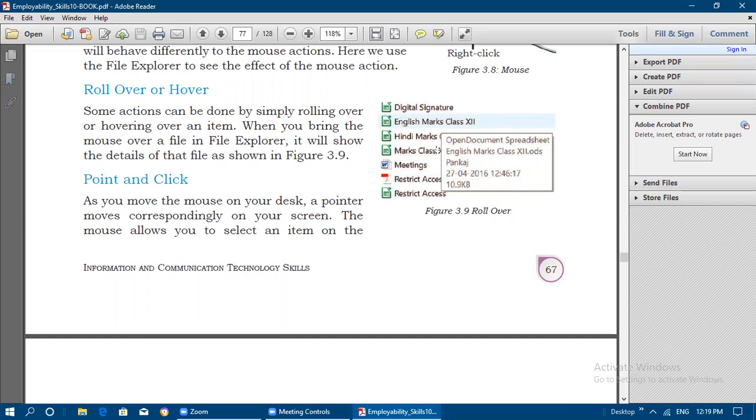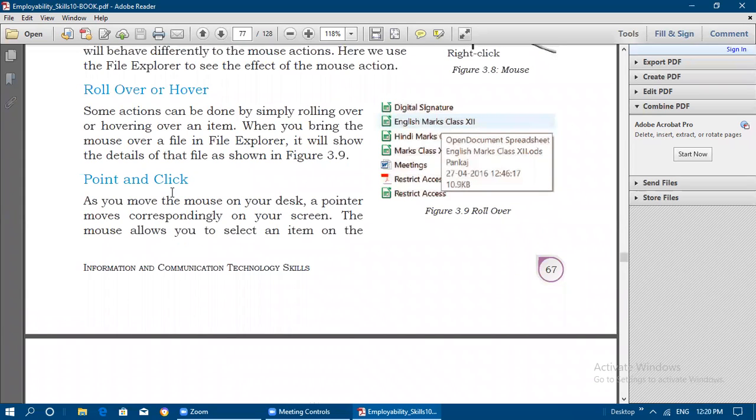The details of that document will get displayed, whether it is a spreadsheet, Excel, Word or PowerPoint, and the file format also. Next, which date it was created, at which time, and the size of that file. Everything will get displayed just by hovering over an item.